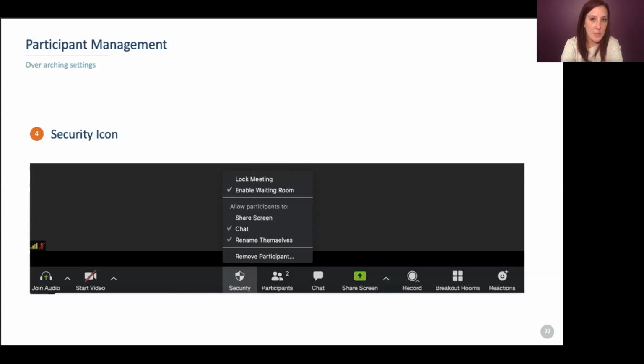So one of those options is to show or to record the active speaker along with the shared screen, or to record a gallery, or to record audio only. So when we get to the recording section, I will make sure to highlight that for you. That way you can see those settings.